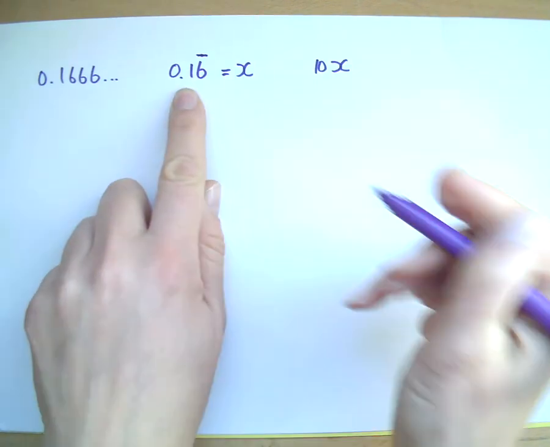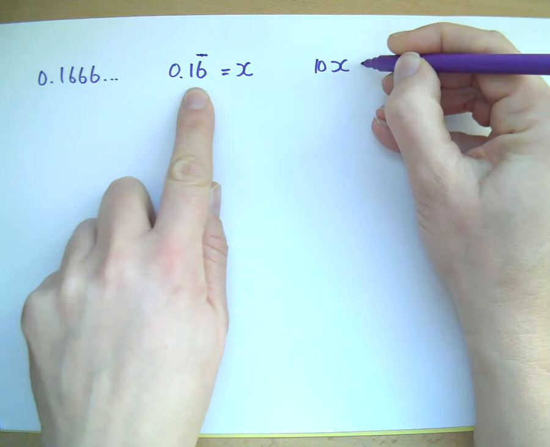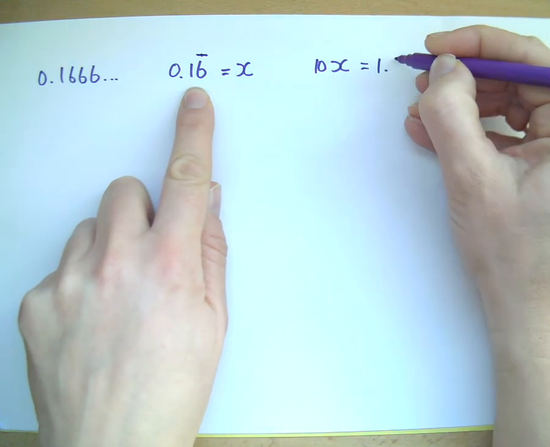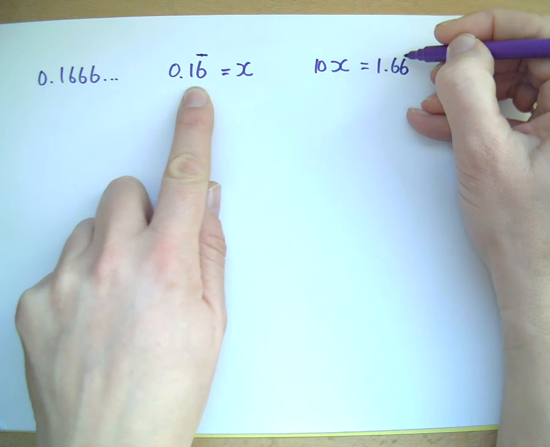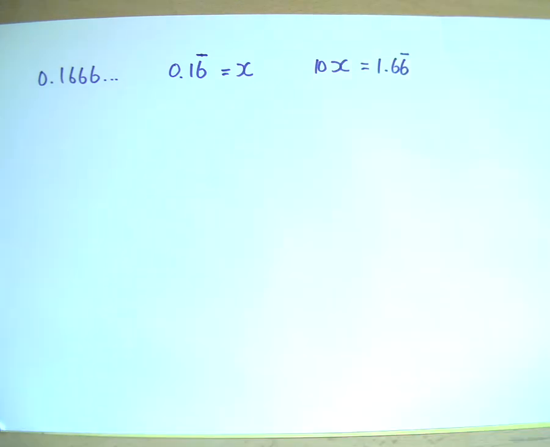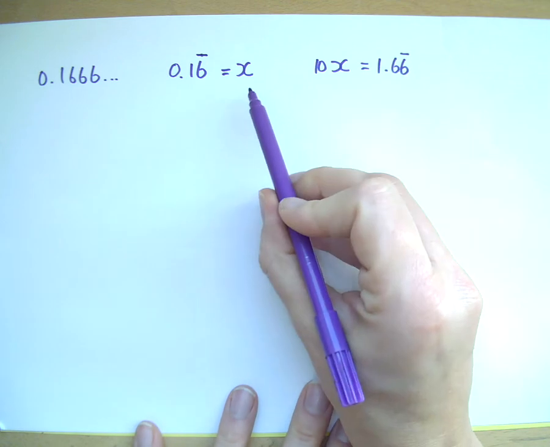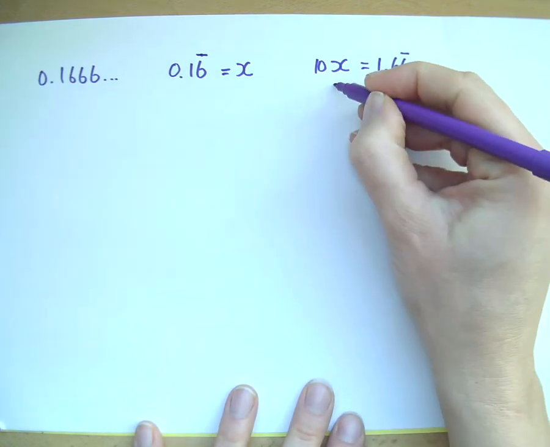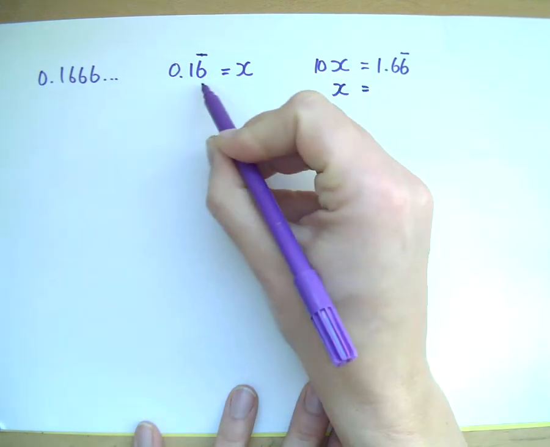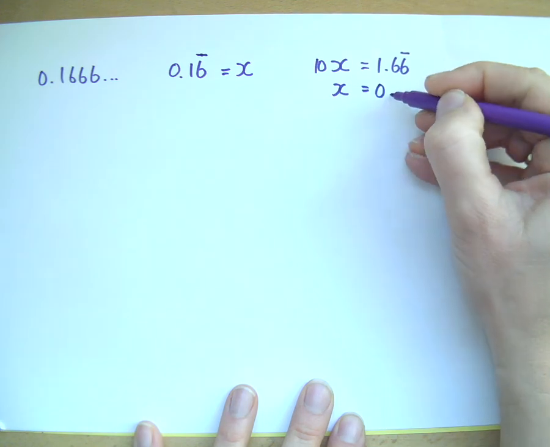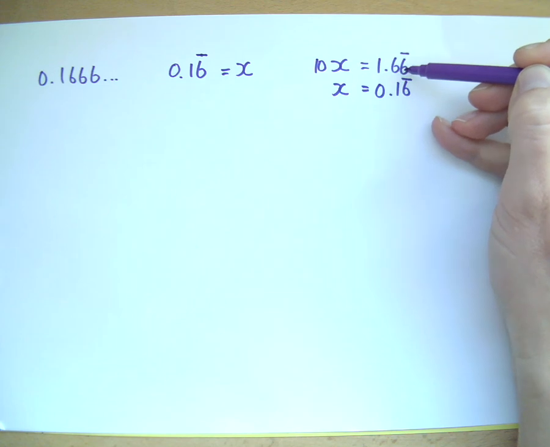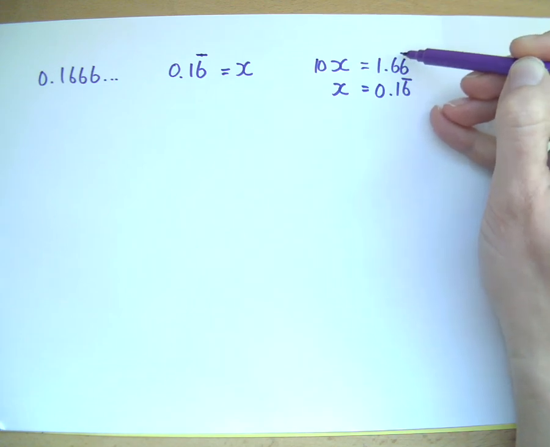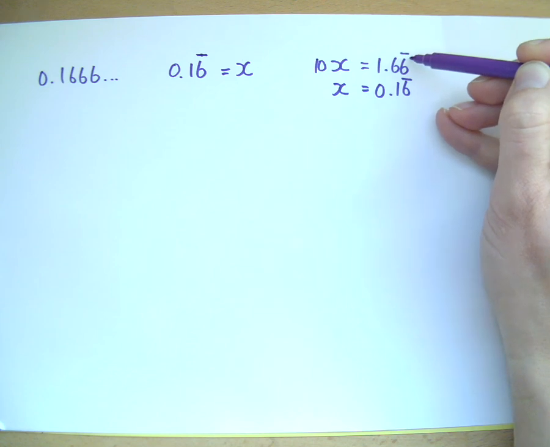It's 10 times this, so we just move the decimal one place. 1.6, and then the 6 starts repeating itself. I'm going to write 2 of them and put the repeating sign there because I know what's coming. I'm going to write 1x underneath. That was this original number. So now you see I added a 6. I didn't add anything, but I wrote the extra 6 and put the recurring sign on top of that